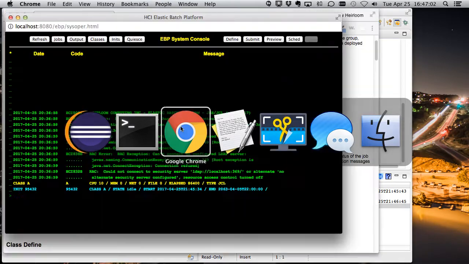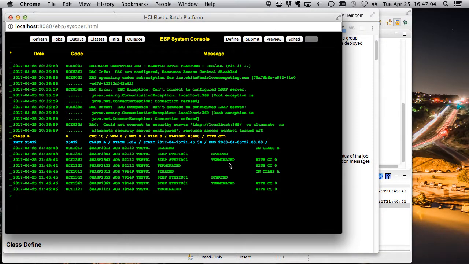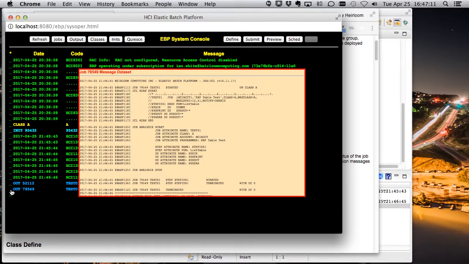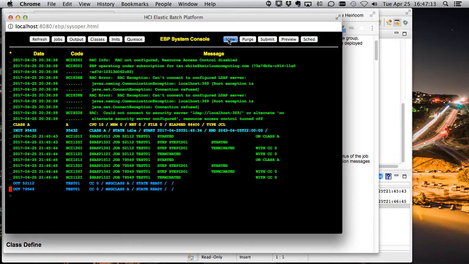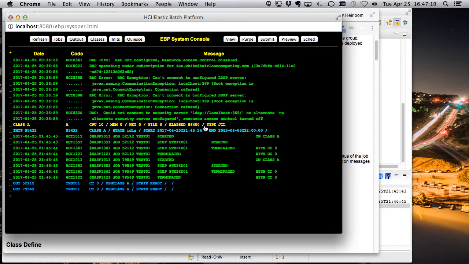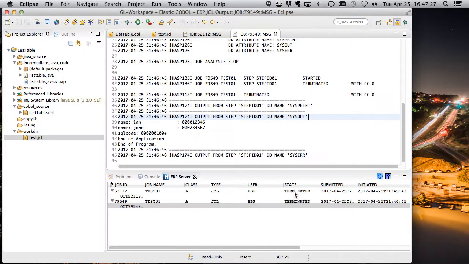If we go back to the systems operator console, we can see the execution happening here. We can actually take a look at output if we wanted to. There's the hover over for it, or we can do a full pop-up view. And again, there's that same output. But if you're testing simple applications, or if you're just trying to make sure the system is working correctly, and you want to see that output directly from your development environment, we have that EBP server view built right into